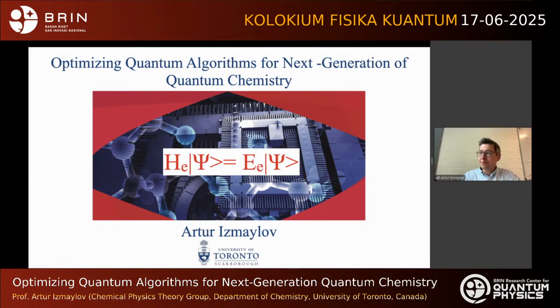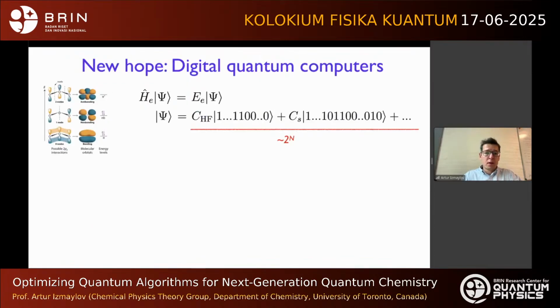We have this electronic Hamiltonian and the wave function. The problem is difficult because we have many electrons in general, with increase in size of the system. The problem grows exponentially in complexity if you don't do extra approximations. The hope that quantum computers can help us one day solve this problem more efficiently than classical computers is based on